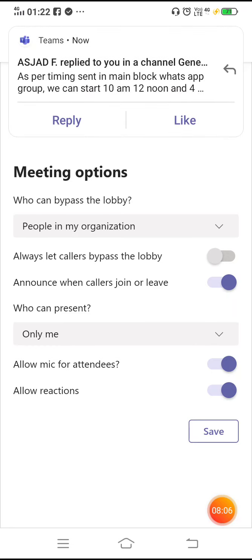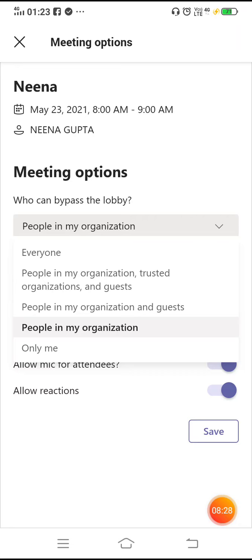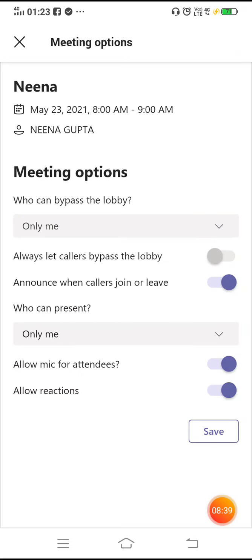So when I click on this people in my organization, on the right side arrow, then it shows options: everyone, people in my organization, people in my organization and guest. Then last, only me, so better select only me.